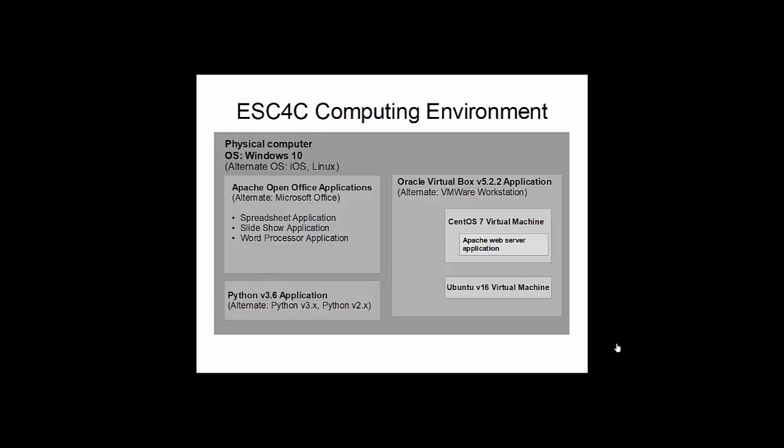The recommended prerequisites for the course include the components here on this diagram. So on the outside box you see the physical computer running a Windows 10 operating system. You have the Apache OpenOffice, Python, and Oracle VirtualBox applications installed. And then within VirtualBox we have the CentOS 7 and Ubuntu version 16 virtual machines created. This Apache web server application will be an exercise in the course, so you don't have to worry about that